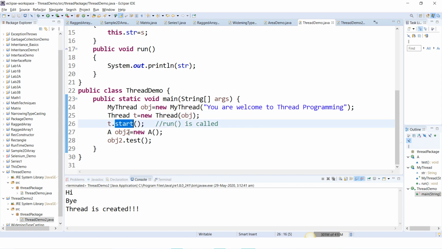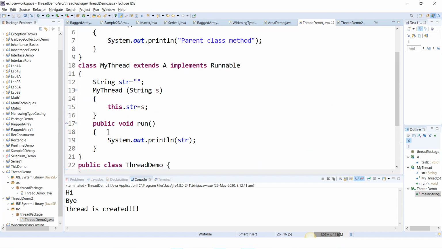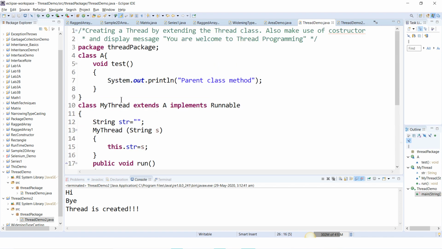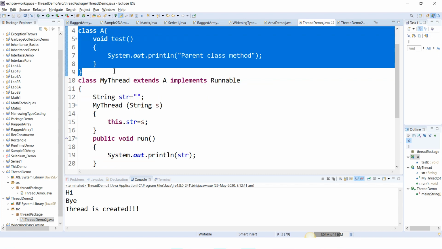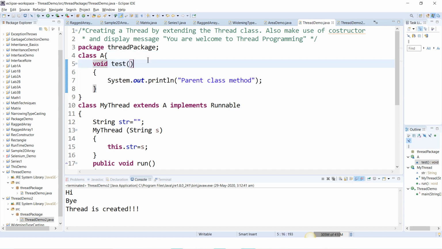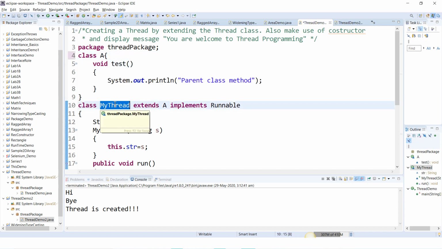And here we are creating one more class, class A, which has a test method. Class A is the parent class for MyThread class. So now I can write MyThread extends A implements Runnable. I can do this now.